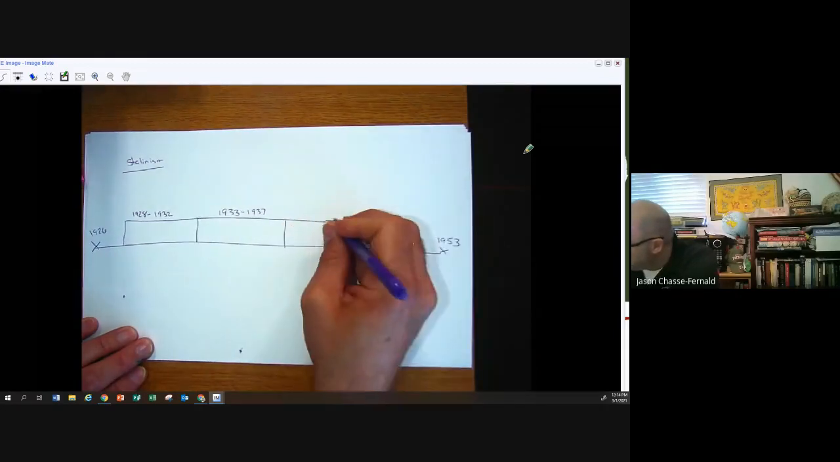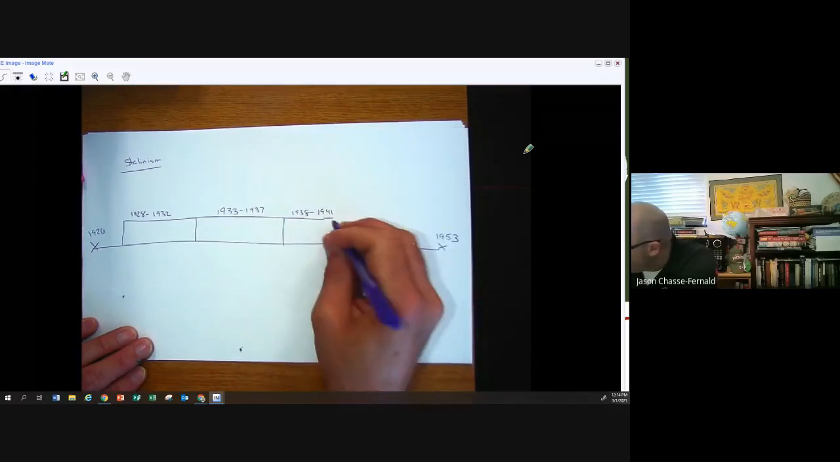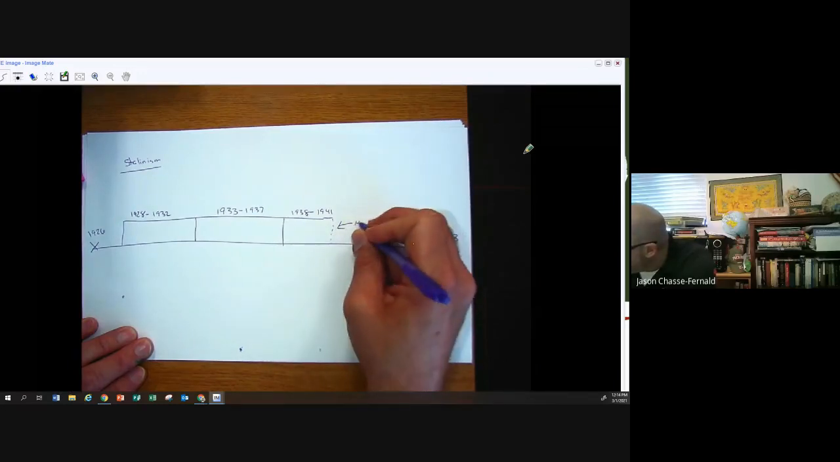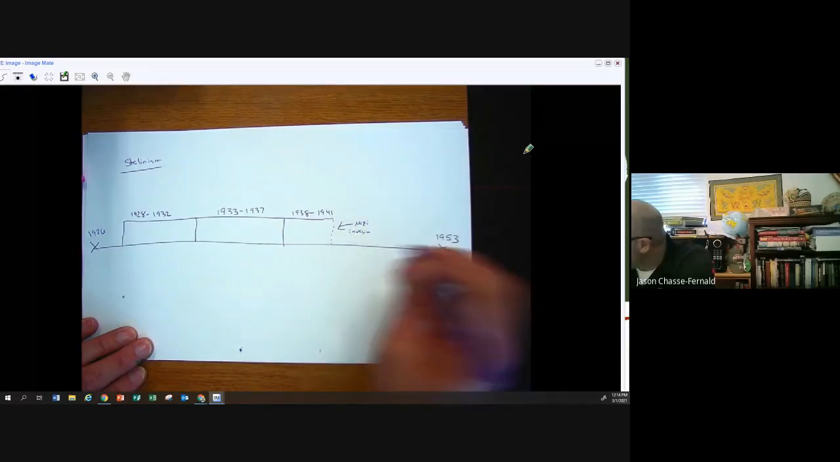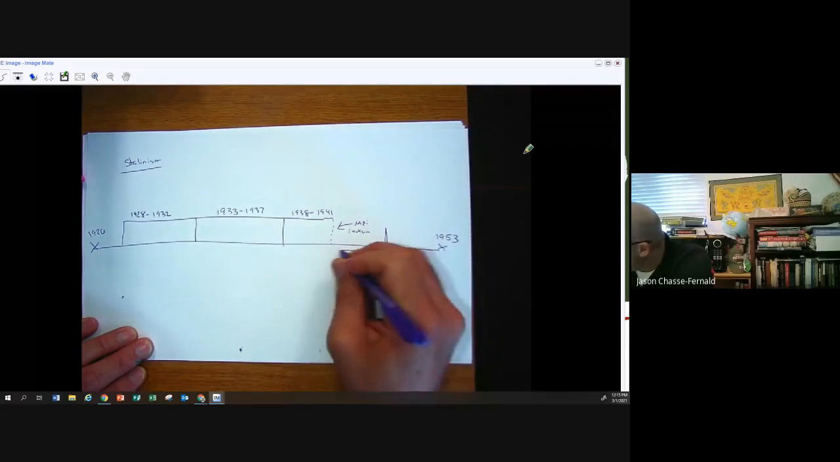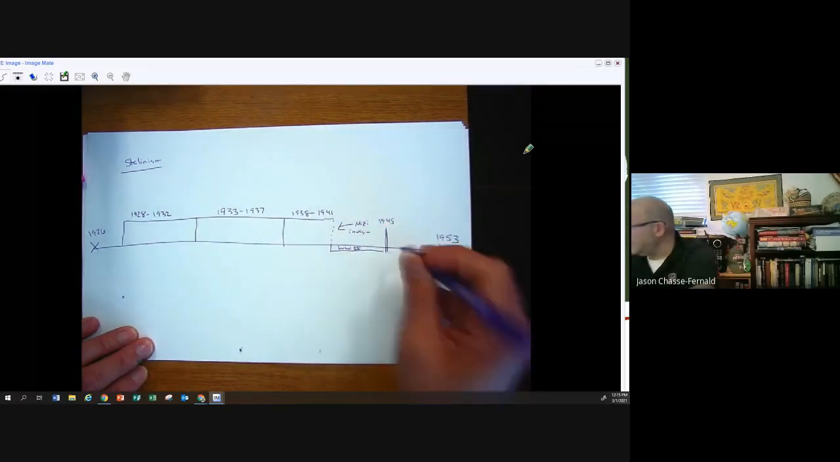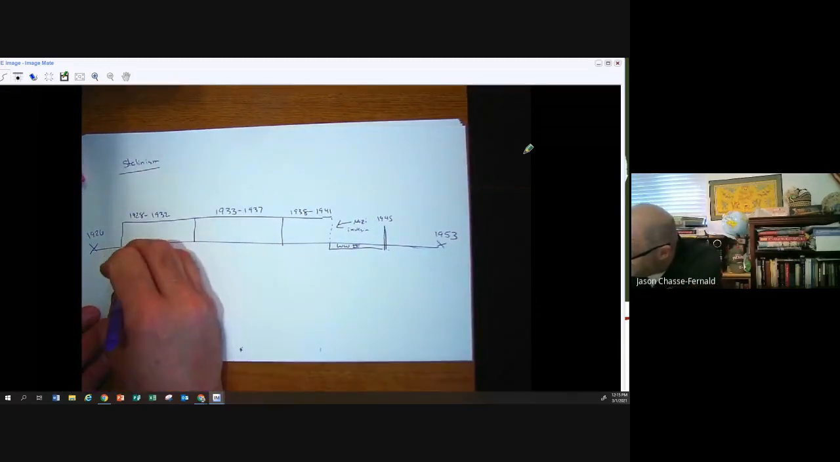Let's call this 1938 through 1941. All right, and here we have the Nazi invasion. All right, and World War II, that ends in 1945, and then we're not going to deal with these last couple of years. All right, so what are we kind of looking at here? We're looking at the first